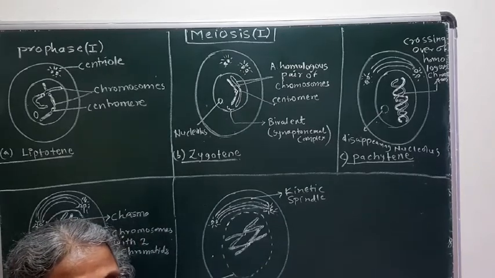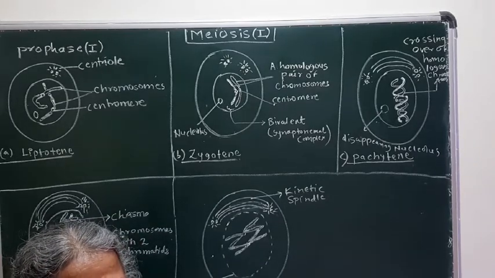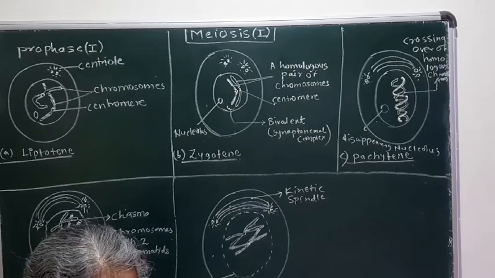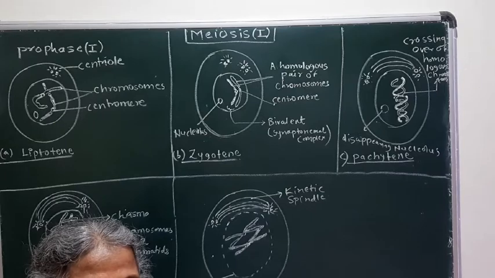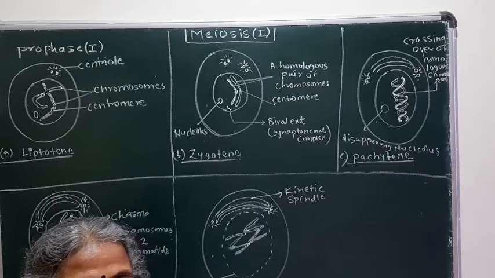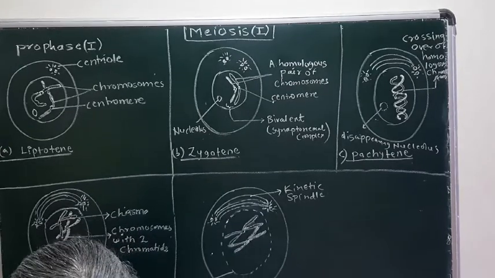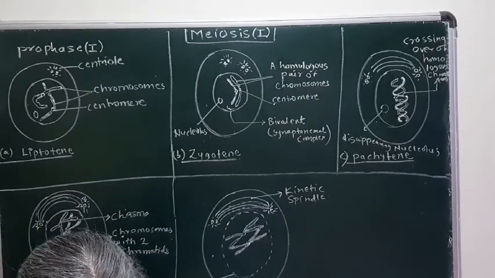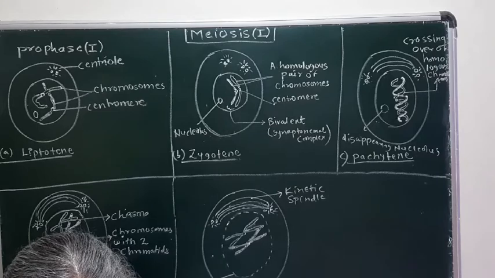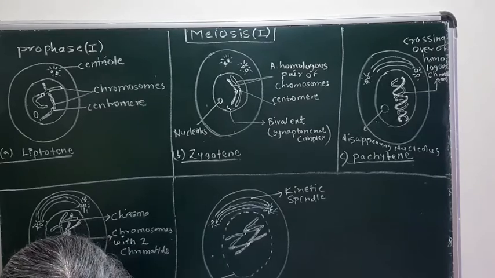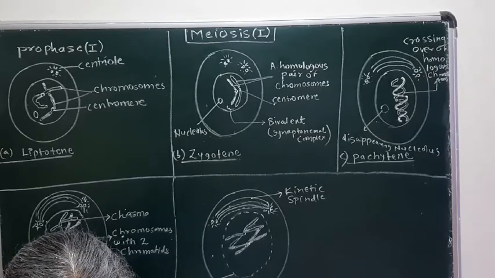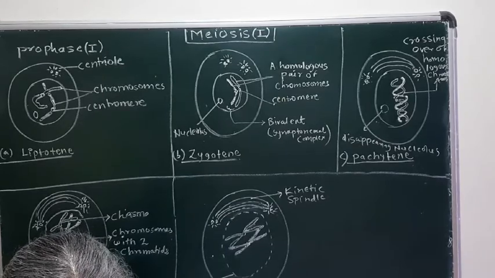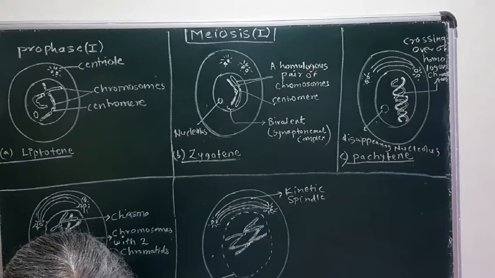What is remaining now? Metaphase 1, anaphase 1, telophase 1, and prophase 2, metaphase 2, anaphase 2 and telophase 2. But this second division is just like mitosis, so there is nothing new to see in that. Followed? So I will take that afterwards. But try this activity on page number 20. Apparatus: conical flask, glass slides, cover slip, forceps, compound microscope, watch glass, etc. Material: a medium sized onion, iodine solution, etc.